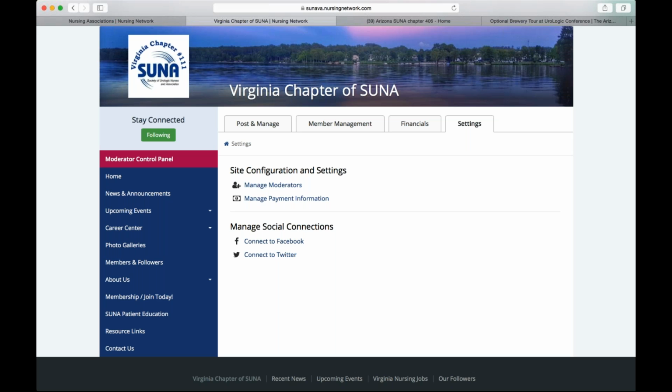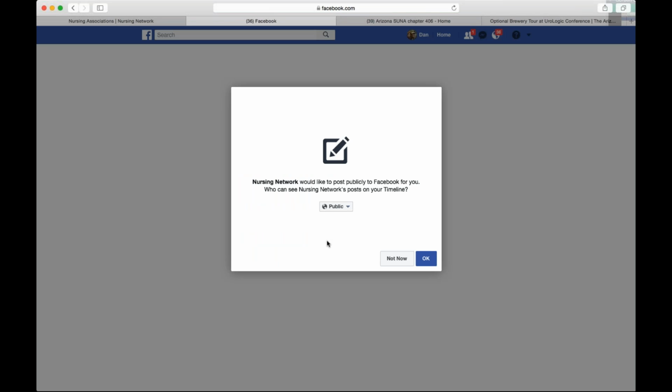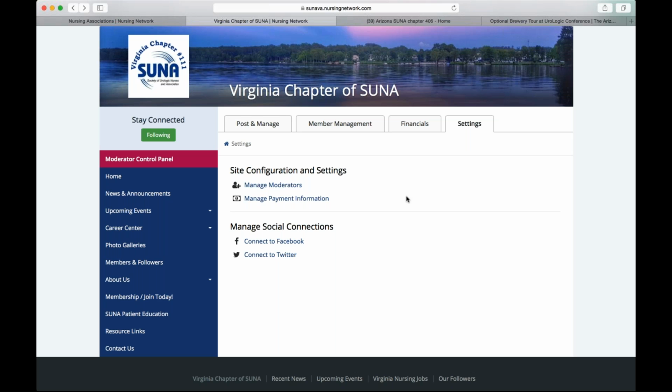But if we're connecting this website to Facebook, all we would have to do is follow the prompts, and I won't go through that right now, but basically we would just connect to Facebook, and you're simply going to be asked a few questions. This is, of course, based on Facebook's protocol as far as what they allow. So this is what's called an API,